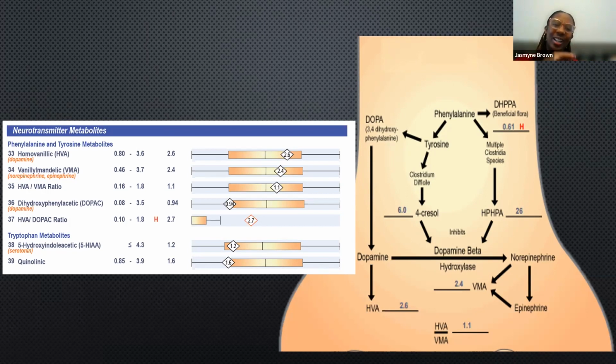Well, on the other side, sometimes I'll see this in children with ADHD. They can't focus, and it's not that they're not making enough; it's more that they're not breaking it down. So always look at these markers in conjunction with the clinical picture. And then this here, as we move through the test, like on the organic acid test, you'll see this beautiful